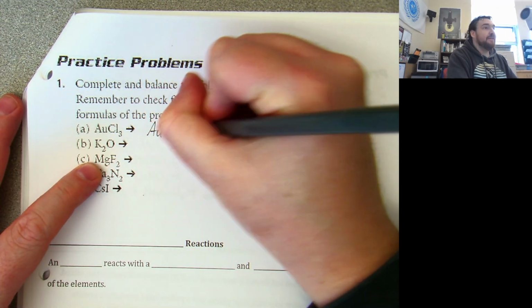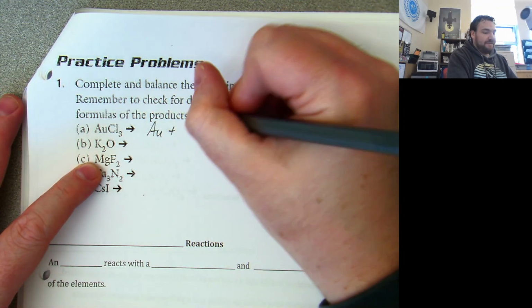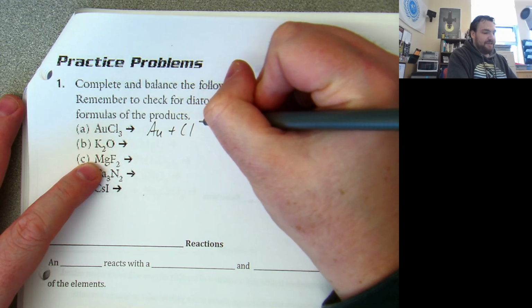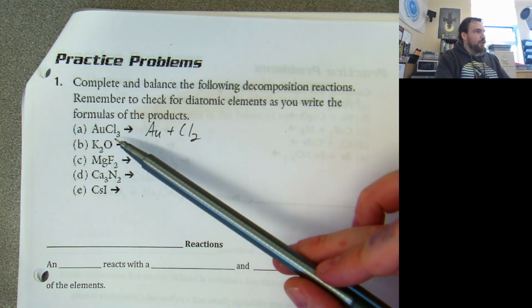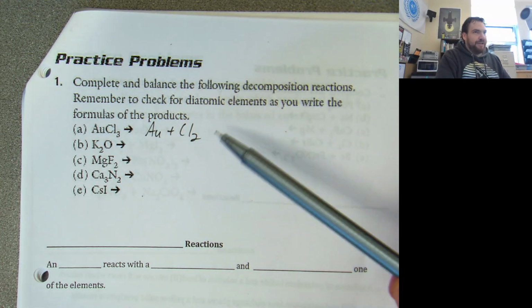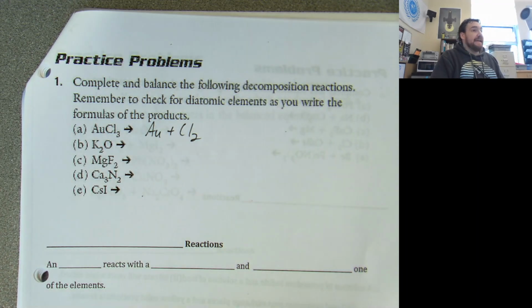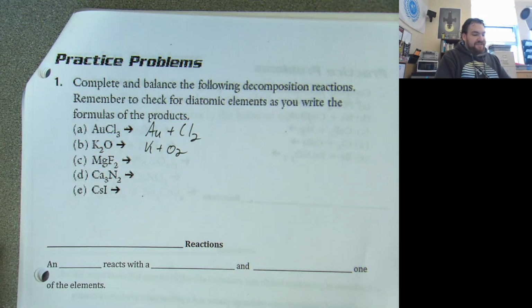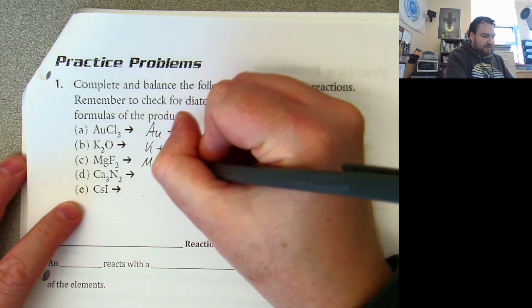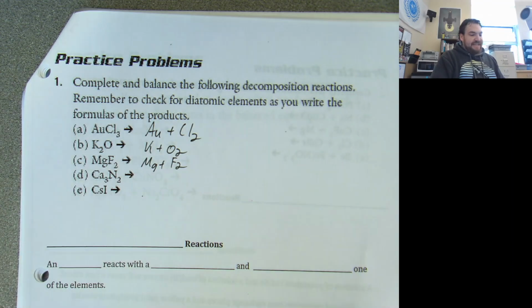Au and, sorry? Cl2, sweet. Chlorine's one of the diatomics. Gold chloride is going to break down to gold and chlorine gas, you betcha. B, what are you going to get? K plus O2, you bet. C is going to be Mg plus F2. D is going to be,